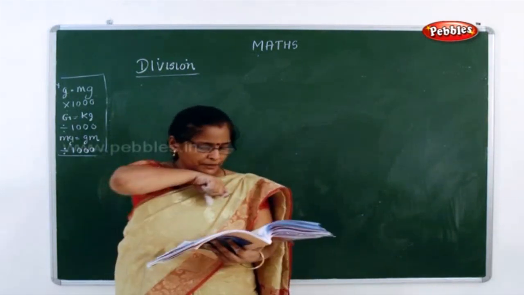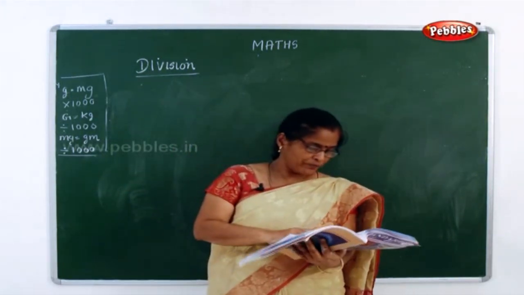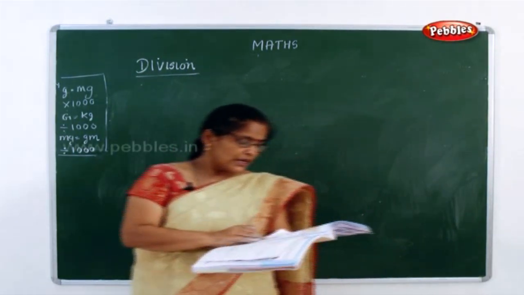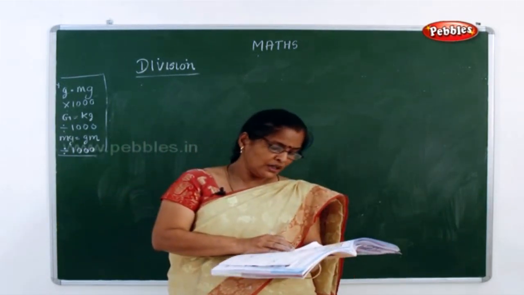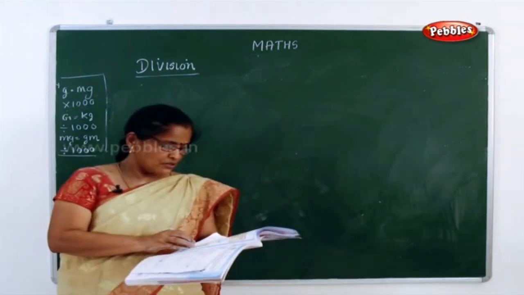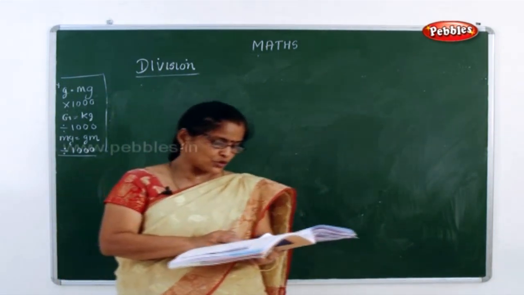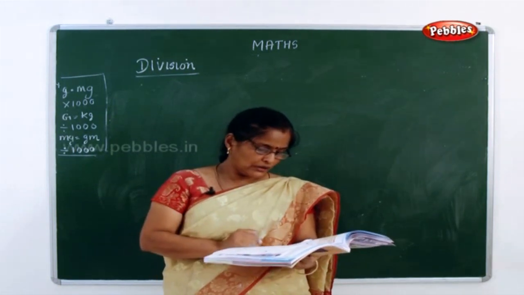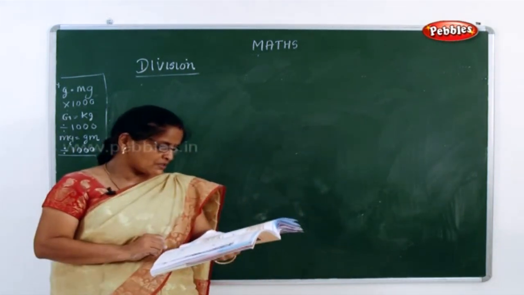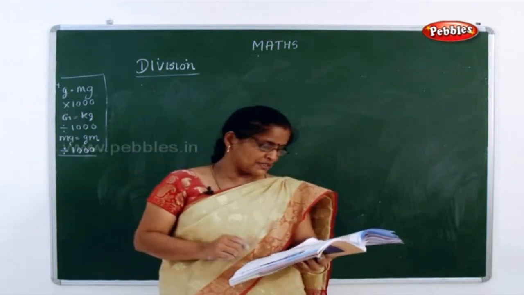Now next example is a statement sum given in your division. See, Uma distributes 18 kilogram and 750 gram sweets equally to 25 persons. So what does she do? She is distributing sweets of 18 kilos, 750 grams to 25 persons. Now how much of sweet will each person get?